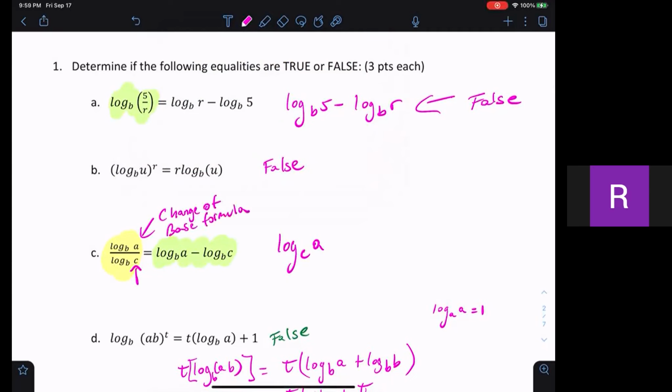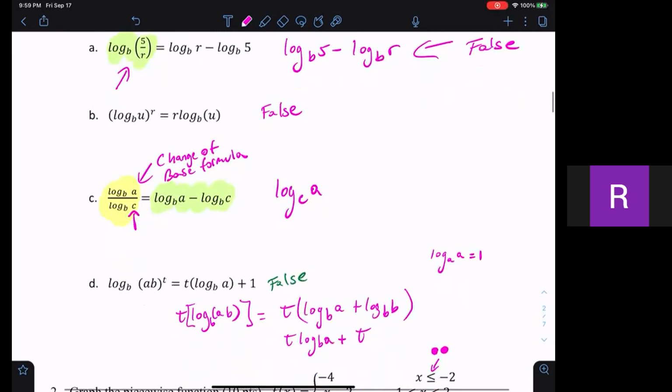So here, this is different than this. Don't get confused those things, okay? So here we can use, this is a quotient rule, so we can use log b of 5 minus log b of r, but this is not the quotient rule. This is the change of base formula. Be careful, okay? So this one, in this case, is false, right? And the last one is also false,